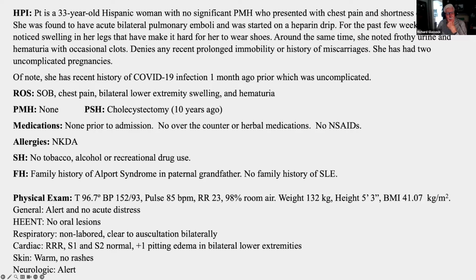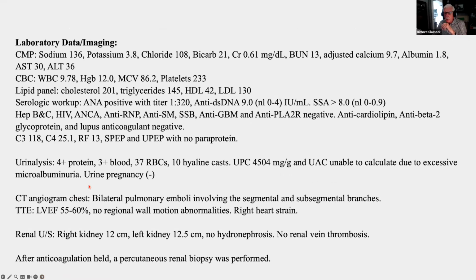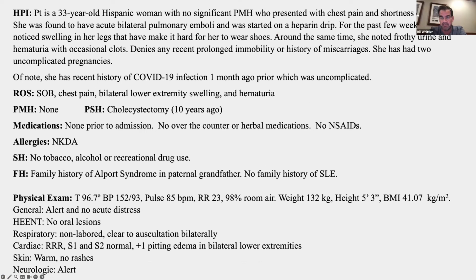Anyway, I want to be sure the ultrasound that says that there was no renal venous thrombosis, was that a Doppler or just a routine ultrasound? Doppler. The ultrasound was there. We also got Dopplers. Okay. I'm curious, was this sudden onset as far as the proteinuria and everything, or had this been percolating for a while? We don't know about the actual proteinuria, but we do know that about, what was it, Bob? 4 to 6 weeks ago is when she noticed some swelling in her legs. Yeah. And then she came in about 3 to 4 weeks later with the PE.